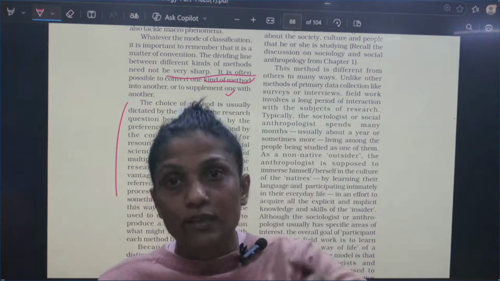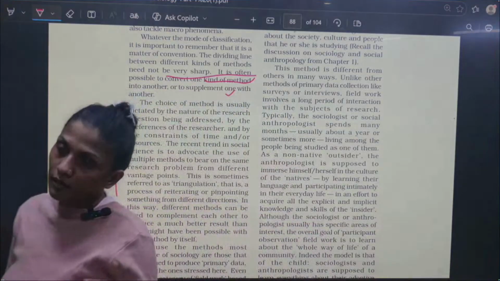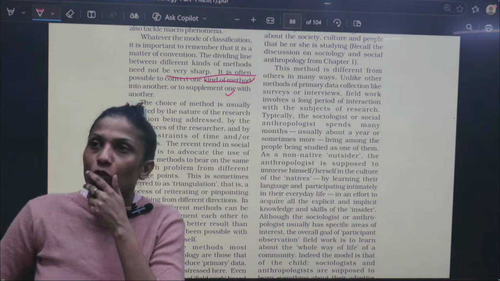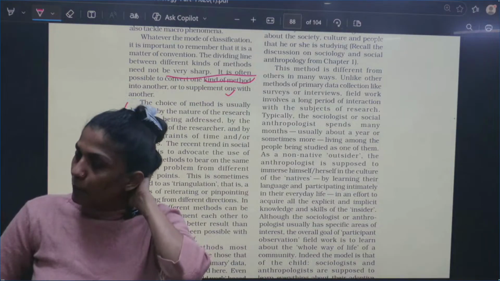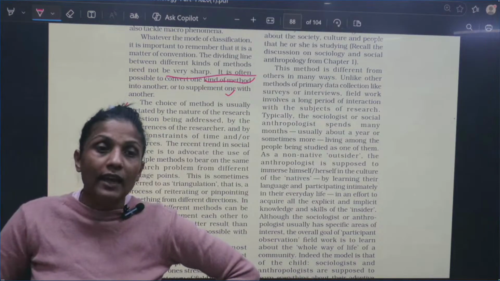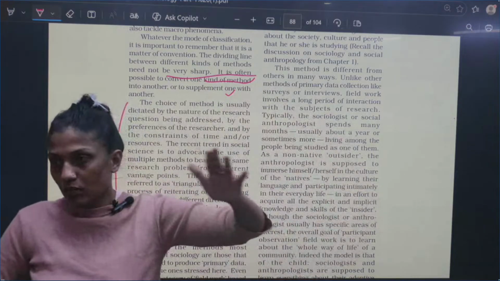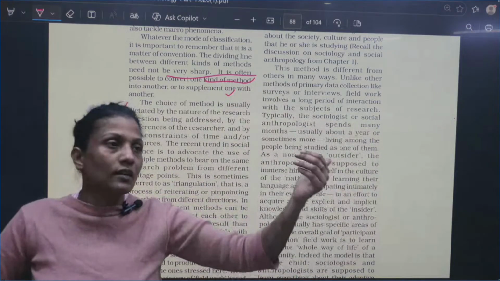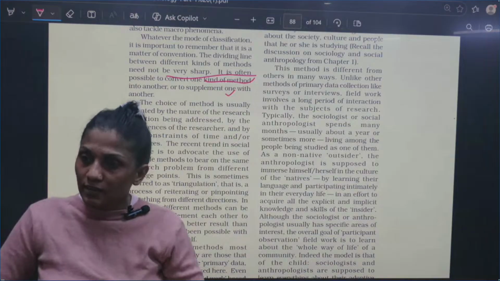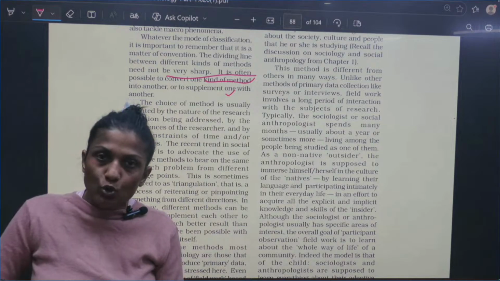So if I am doing historical research, I will go for data like past documents, archaeological evidences. Okay? So if I am doing, let's just say, a survey on suicide rates, then मैं एक large picture, large population को cover करना चाह रही हूँ. I want to tell what is the education literacy rate in India. So I cannot go and ask, I have to do a survey then. I cannot do the participant observation.